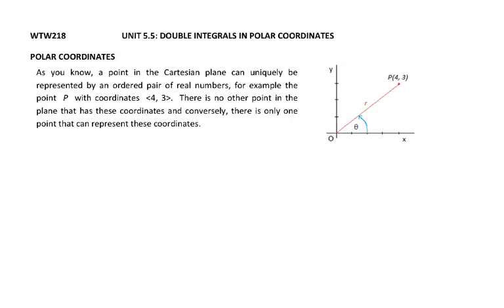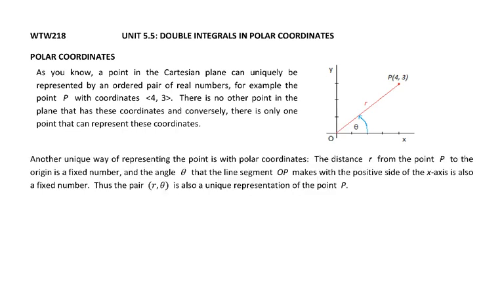As you know, any point in the Cartesian plane can uniquely be represented by an ordered pair of real numbers. Let's take as an example the ordered pair of numbers 4, 3. There is only one point in the Cartesian plane that we can use to represent this point, namely the point where x is equal to 4 and y equals 3. The converse, of course, is also true. If you take any point in the Cartesian plane, you can find a unique pair of ordered numbers that represents